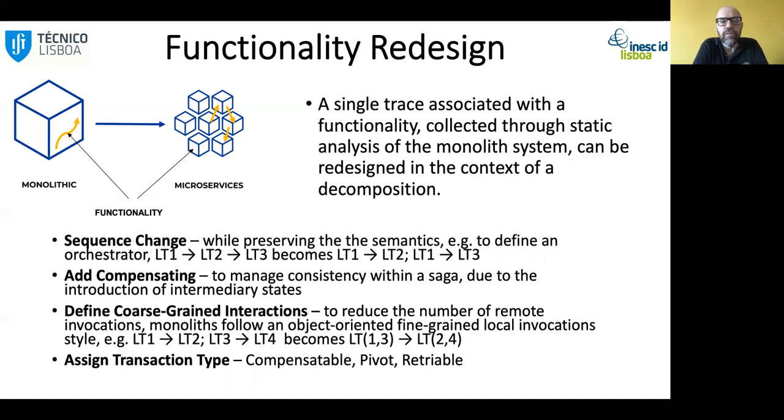All these operations should preserve, of course, the semantics, which means in our case they should access the same domain entities to read and to write. Okay, then we have add compensating. When you need to add compensating, one real relevant operation we identify is the find coarse-grained interactions, because